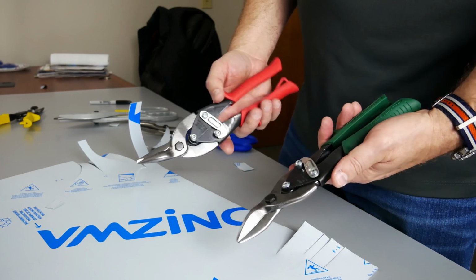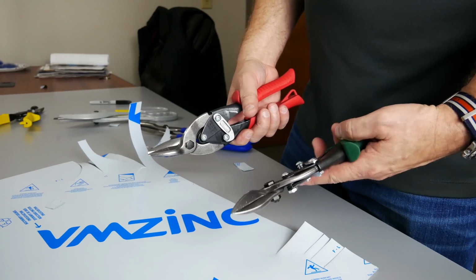Anybody that's doing sheet metal work, metal roofing, is going to appreciate an offset snip, particularly if you don't use